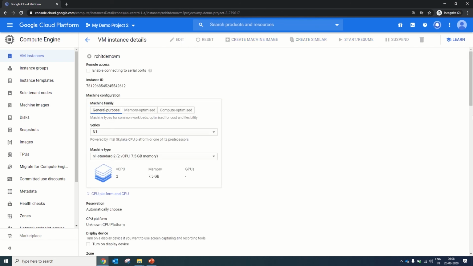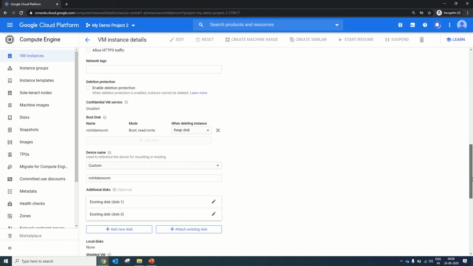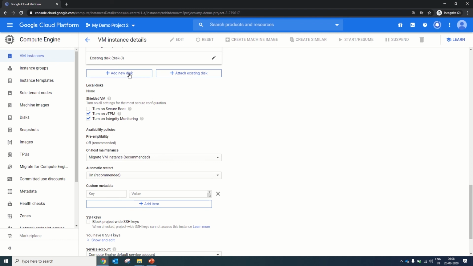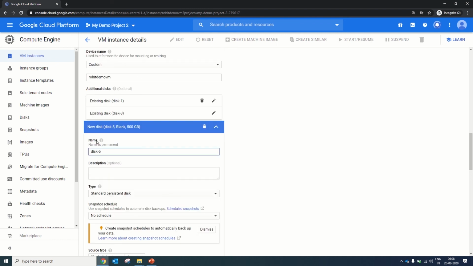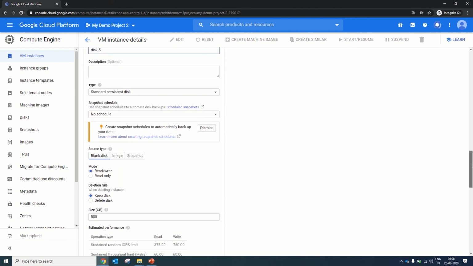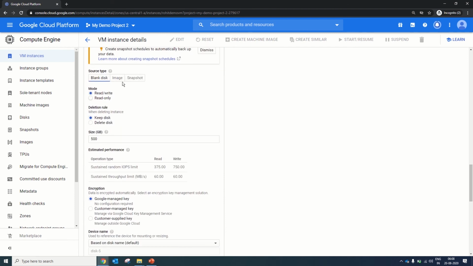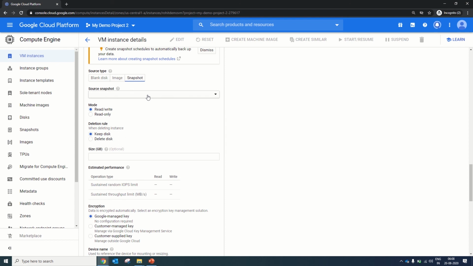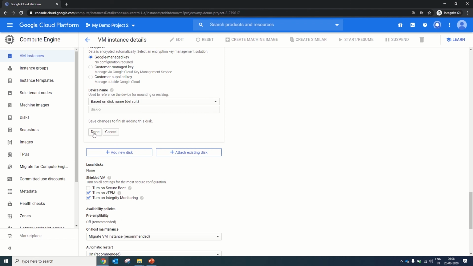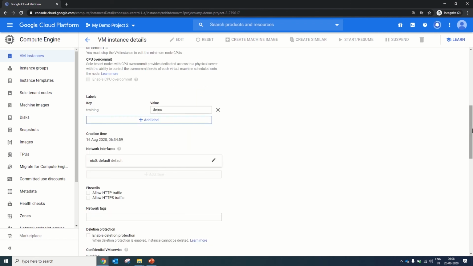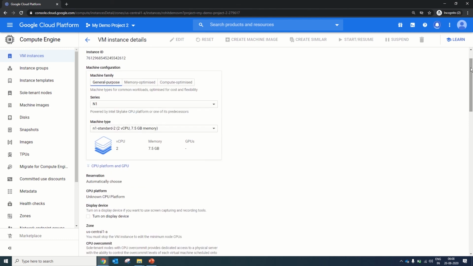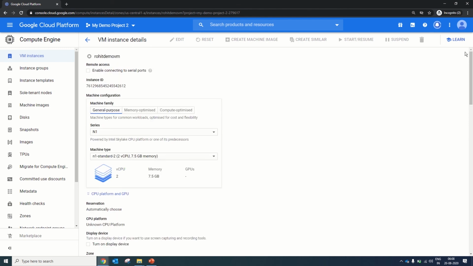So we will just click on edit, and in edit, when you go down, you have an option of add new disk. When you click on add new disk, it gives you the same option that you just saw at the time of VM creation: blank disk, image or snapshot. And in snapshot, you will see the option of disk 3 snapshot. You can select it, and it will automatically pick 600 GB as the size, and you can confirm it. You can confirm it and save it, and this will result in a new disk in this VM with the size of 600 GBs using the snapshot of disk 3.